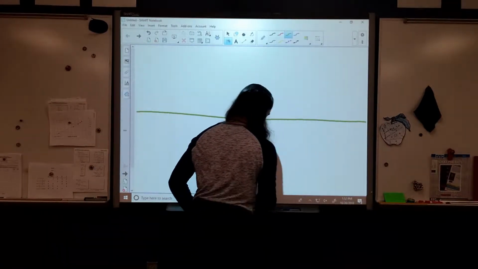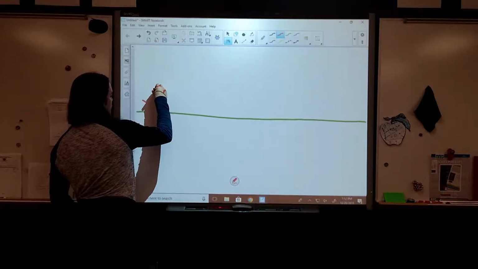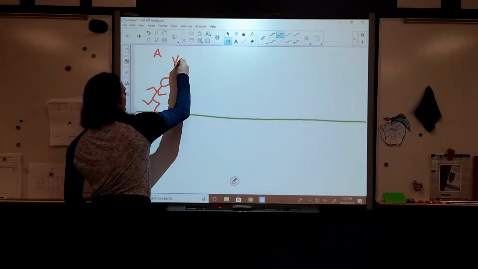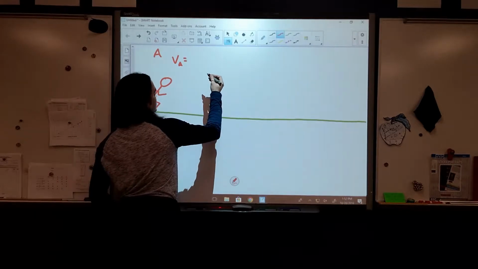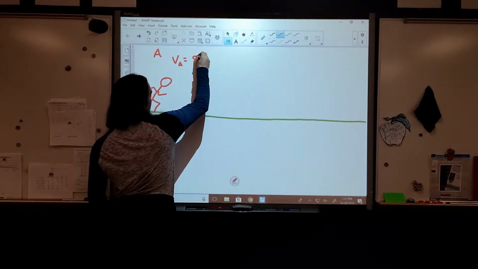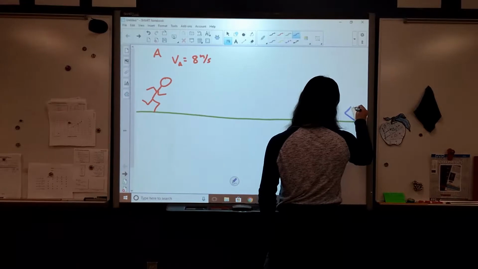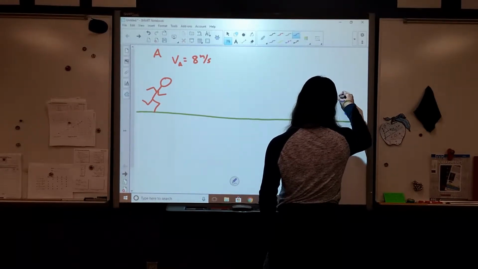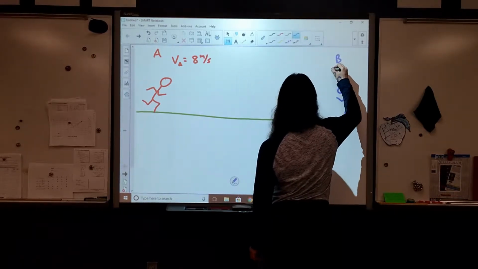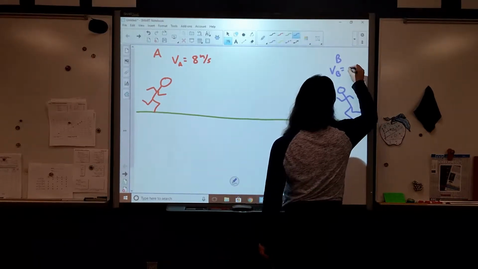Let's say that we've got some runners, and we've got runner A, who starts a race back over here, and we'll say that runner A runs with a constant speed, constant velocity. Let's go with maybe 8 meters per second. Great. And then we've got runner B, that's running over here, and let's say that runner B runs with a constant velocity of, I don't know, let's go 11